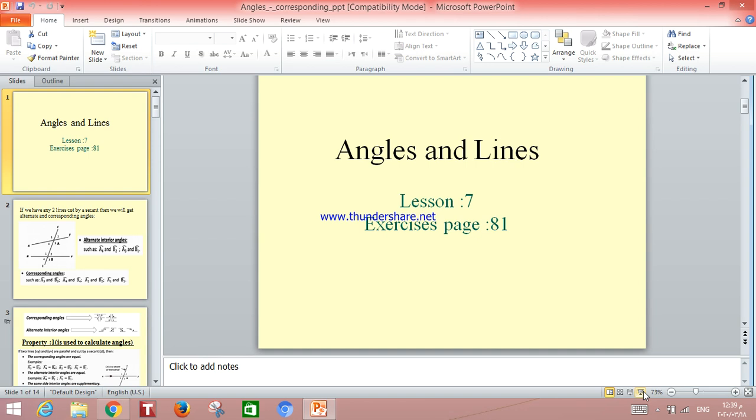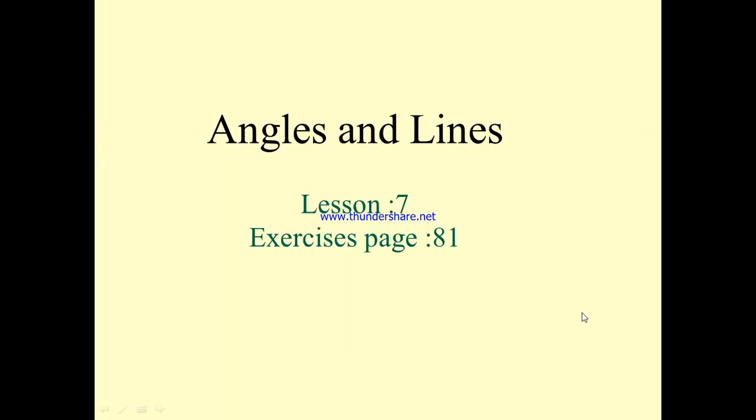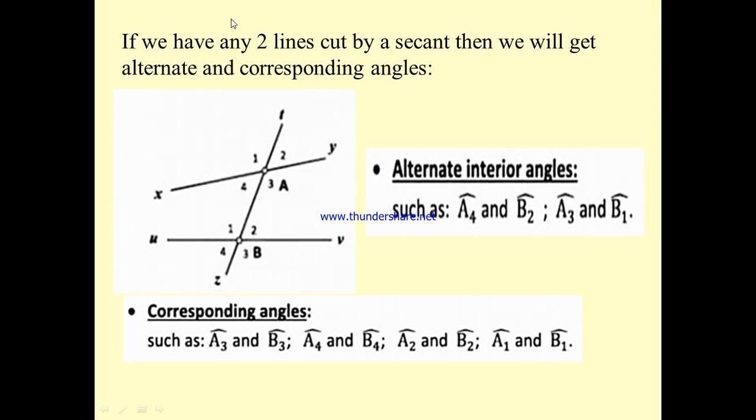Okay, so our lesson is about angles and lines. It is lesson 7 and you can find the exercises on page 81. Now if we have any two lines cut by a secant, then I will get alternate and corresponding angles. Any two lines XY and UV are cut by a secant ZT, I will get the shapes which are alternate and corresponding angles. Alternate angles such that, like this one,